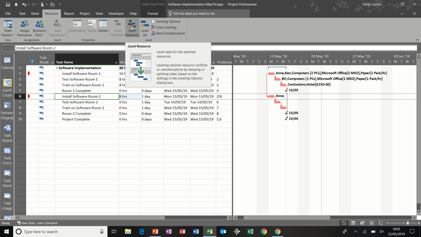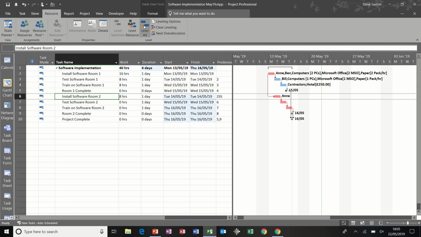I could do it by resource, but I'm just going to go level all, and then the computer moves the tasks to the next available space, and that may be okay, but also it may not be okay. So you may look at that and think actually she can't do that then. But in this example, you can see that that's just moved forward one day, but that may have gone